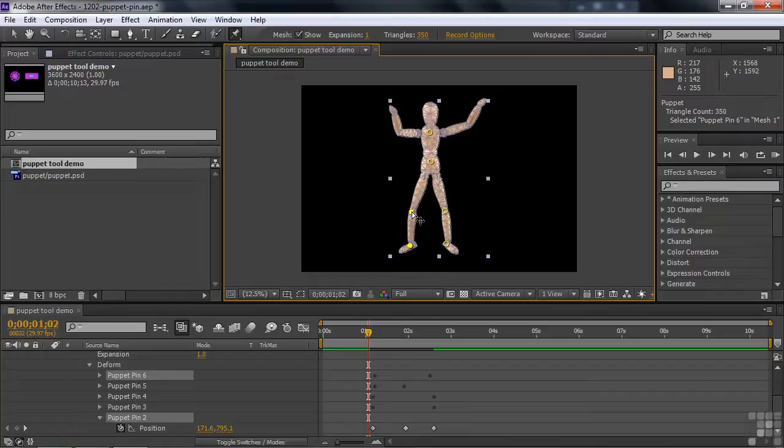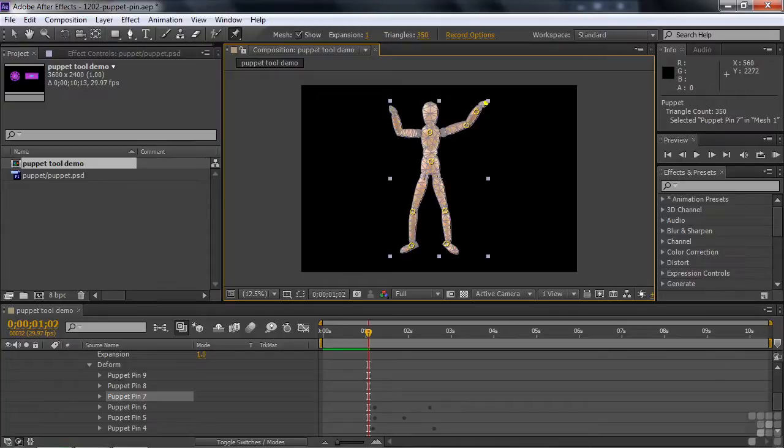If you want to make him wave with his hand here, just click there and then click down here and then move the hand like that independently of everything else. But notice how things kind of react. We would use starch here to keep that from happening, or just add another point. Then it won't affect it quite so much. Okay. So that's basically how you can add these pins and animate them using a little puppet like this